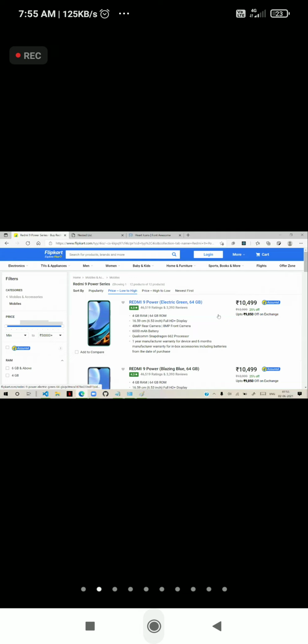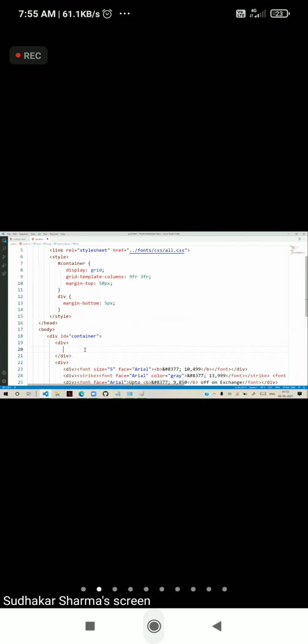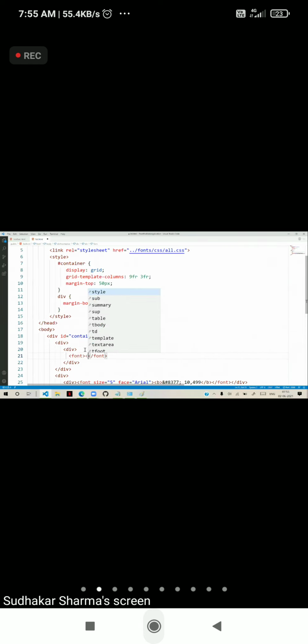You have to just change the color and display the color for that heart. Redmi 9 Power, Electric Green, 64 GB, right? So here I am defining in the left column. This is the left column. We will keep a div, and the font I defined here, and bold, and font size I defined here as 6.